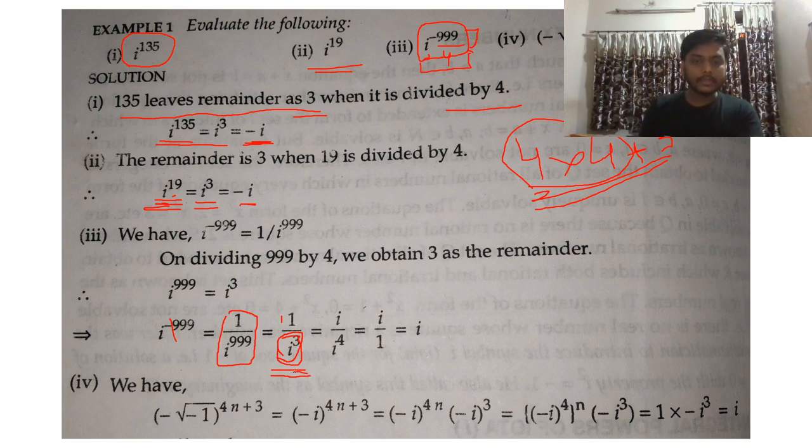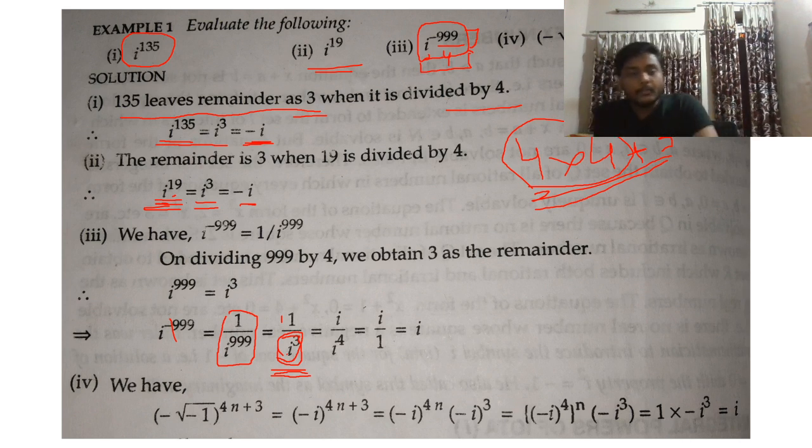Now when I have this i to the power 3 with me, again what am I going to do? Either I can keep it as i to the power 3, that will be minus i. So either I can put the value of i to the power 3, that is minus i, or, because ultimately my motto is always this, if you look here,